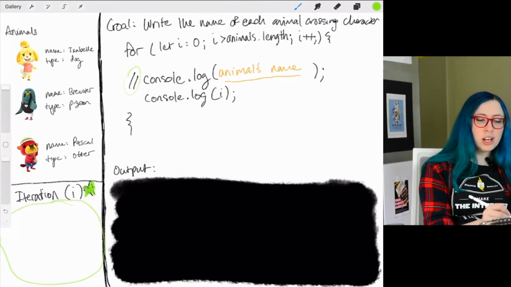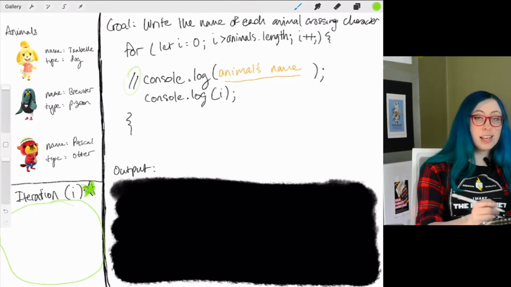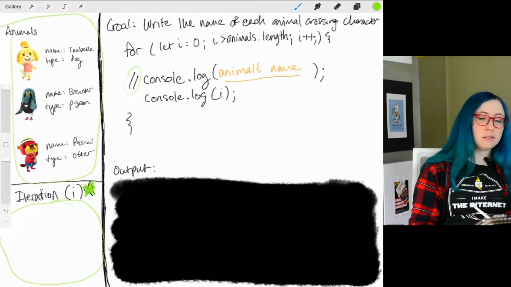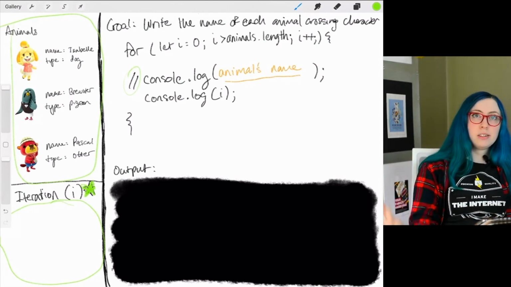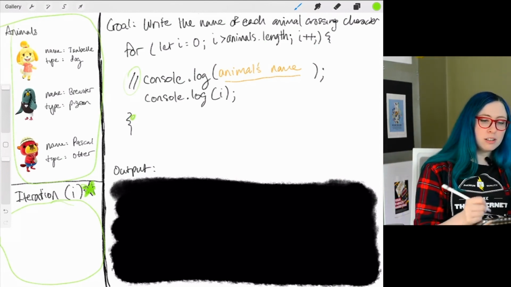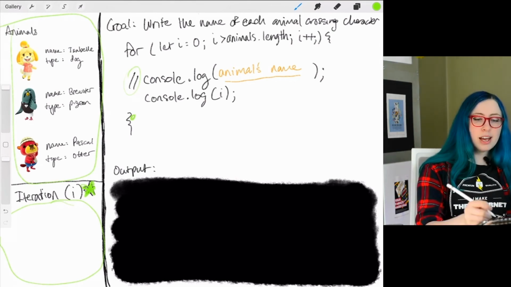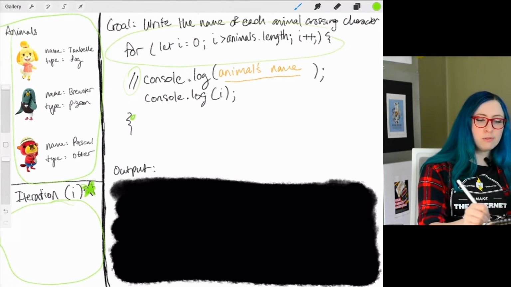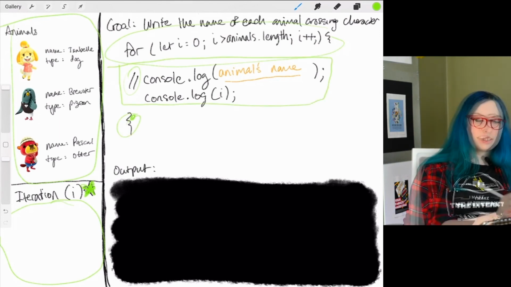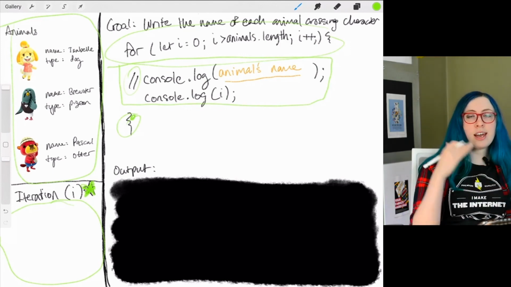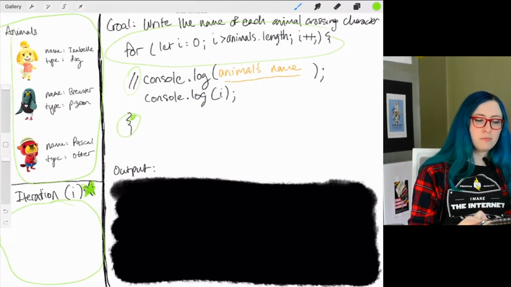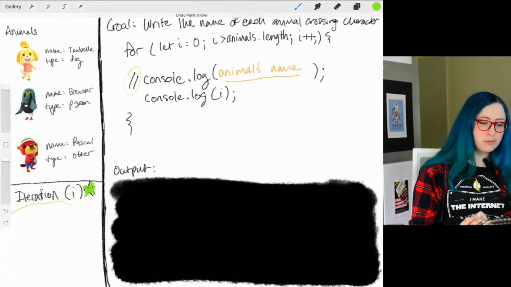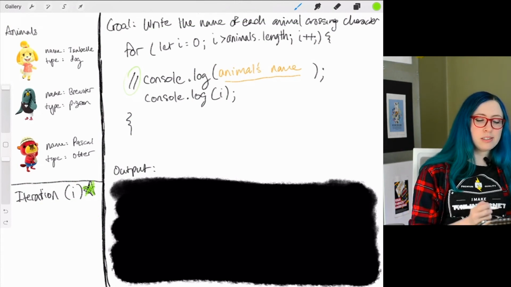We're going to check that i, this data here, is less than animals.length. And then each time this loop ends, right over here, we're going to add 1 to i. So now we've set the stage in the for loop, and we're going to really focus our efforts in here. That middle block where we actually have the instructions is where we're going to execute this code and go through that pattern. All right, so let's take away these annotations for a moment and just start working through this.